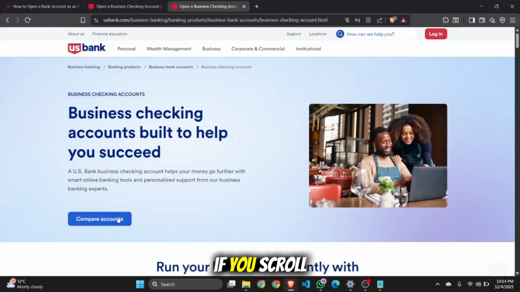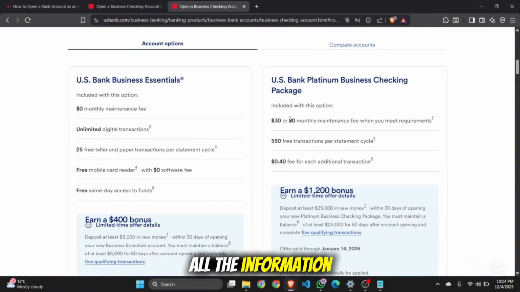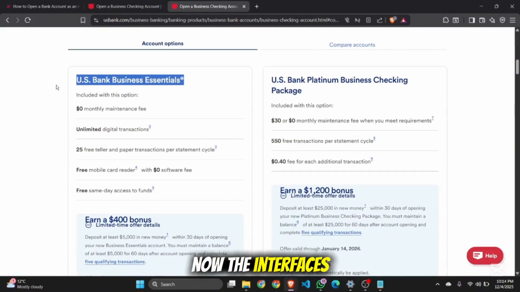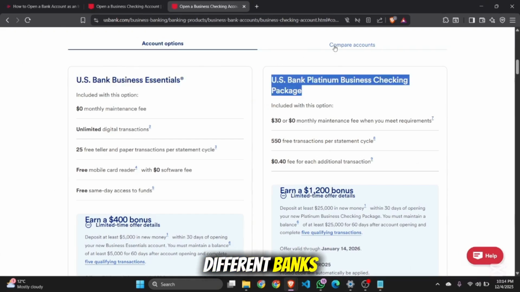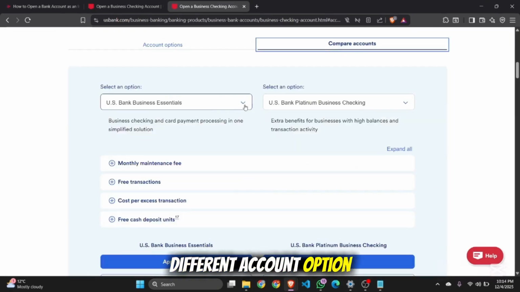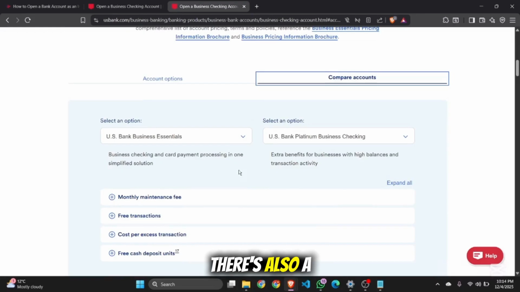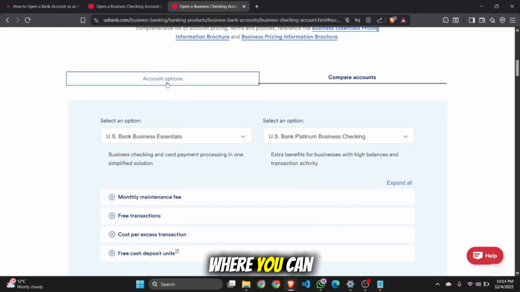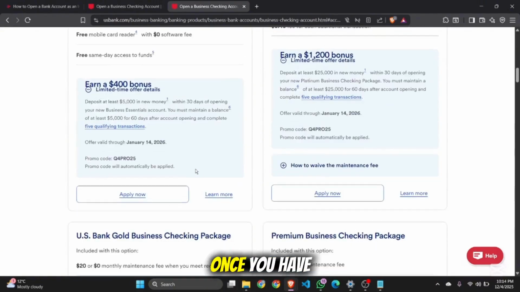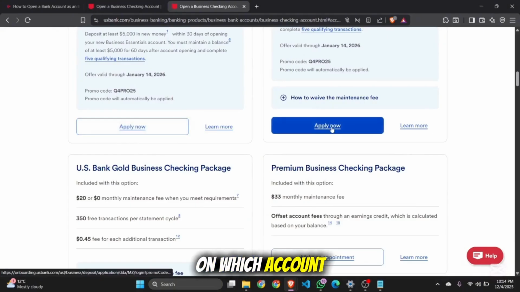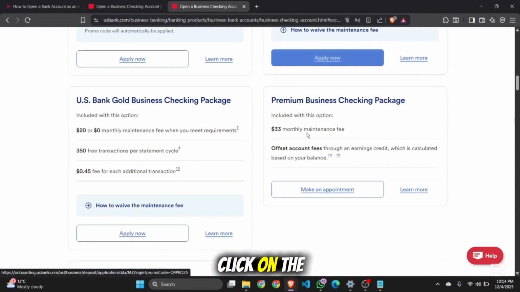In the website, if you scroll down, then you will get all the information about the account. Now the interfaces can differ from different banks. There will be different account options from which you can choose. There's also a compare account section where you can compare different accounts. Once you have made your mind on which account type you would like to open, click on the apply now